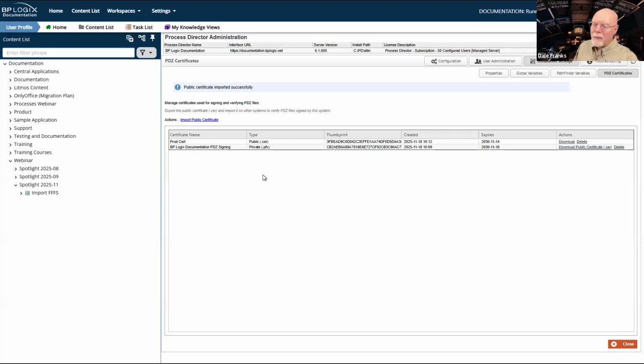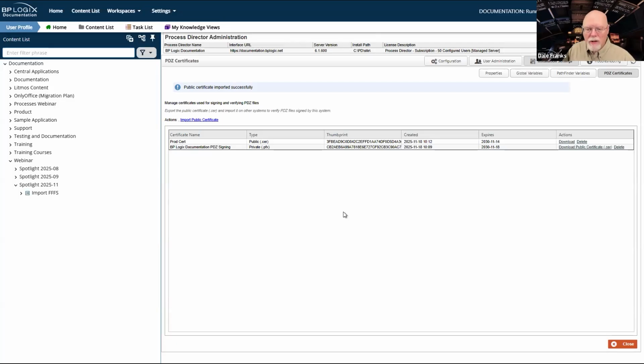But now that I have both of these certificates on, I can export and import back and forth between those 2 servers, and it will use that certificate to sign and then on import to verify that it is the correct certificate, so that my server can read the signature and go ahead and import it. What that does is it prevents you from importing a PDZ file into any other server that does not contain that public certificate.